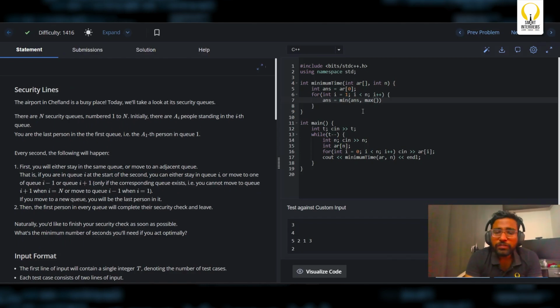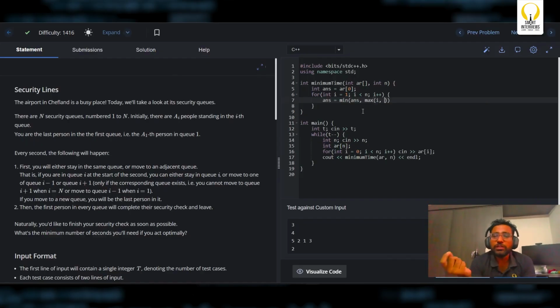So we need to pick the maximum at every point of time of that particular index. That means the amount of time that we took for traveling to that index, then how much time it will take for us to finish it. Let's say the amount of time we took to travel to the particular index is very less. Let's say we took 2 seconds to travel to index 2, and there are five people there. By the time we go to index 2, two persons will be reduced, but still three people will be there. And again, add an additional person. Our value will be added to it. So we'll simply have array of 5 plus